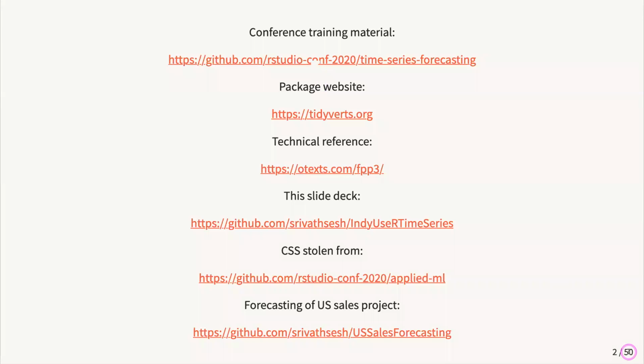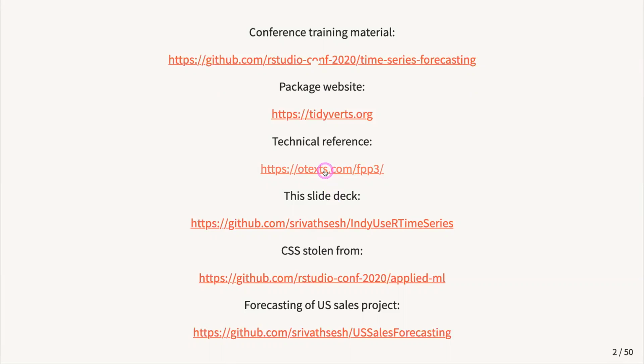I'm not going to walk through most of the 50 slides, we won't be able to cover it. This is there for those who feel that I'm either too slow or too fast. This slide deck is in the GitHub link under my user Srivatsaish. This link is also posted on the Meetup group, so you can follow along on your own computer.